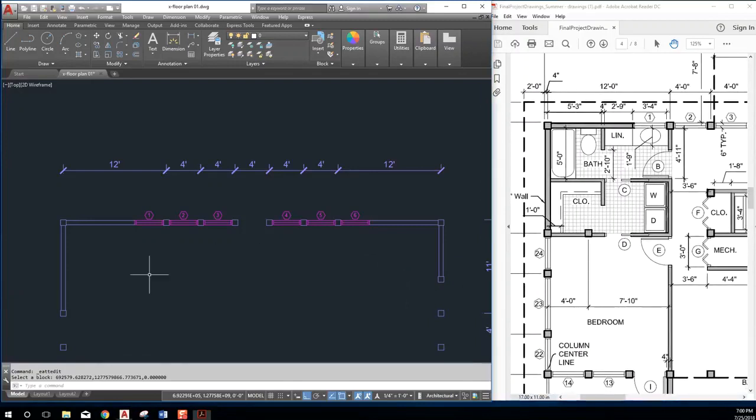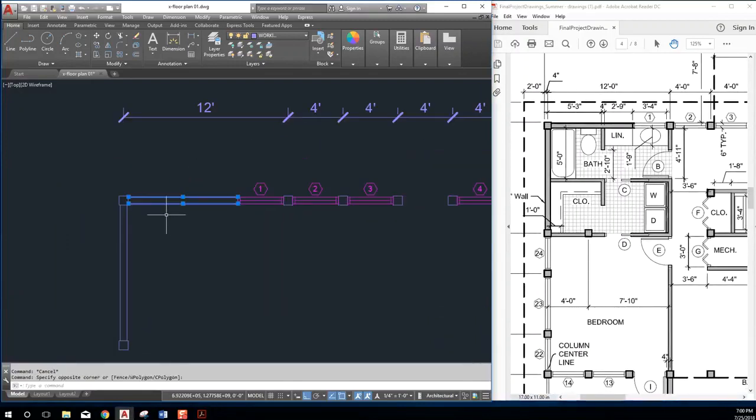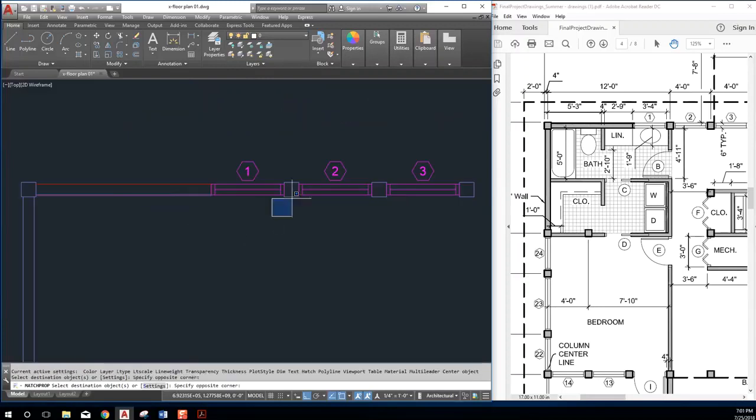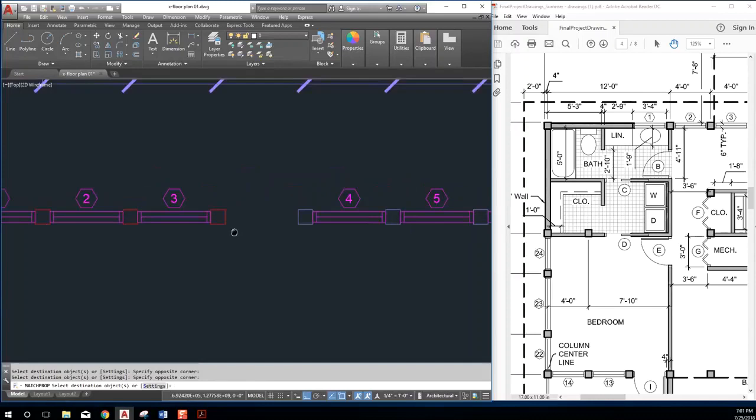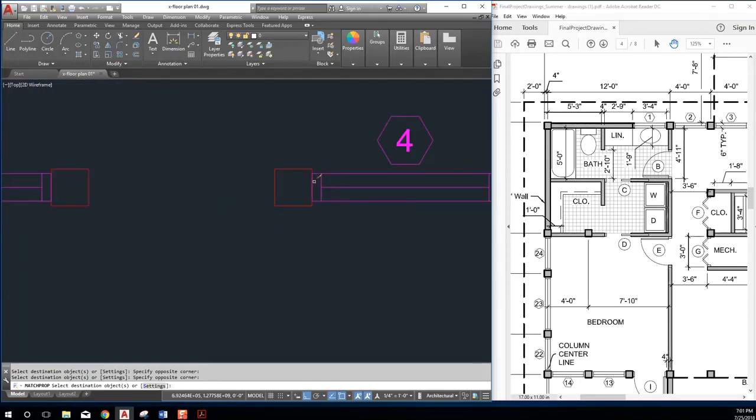Okay. So maybe now is a good time. I can grab my walls and I can change those to wall, MA match properties. And I'm going through, and you see I'm using a blue selection window, right? Now, because these windows are all blocked, the only way that I can maybe capture one line would be to,